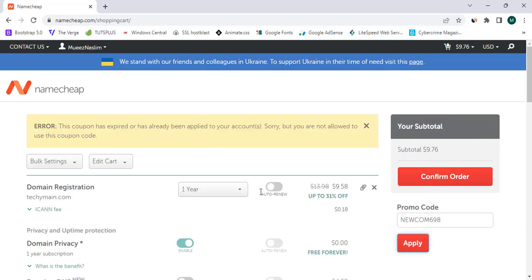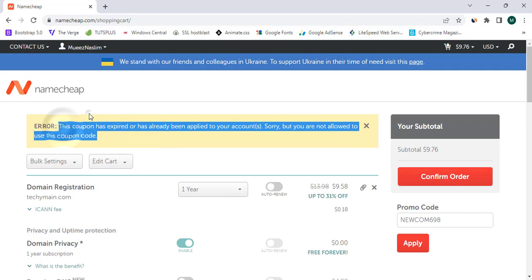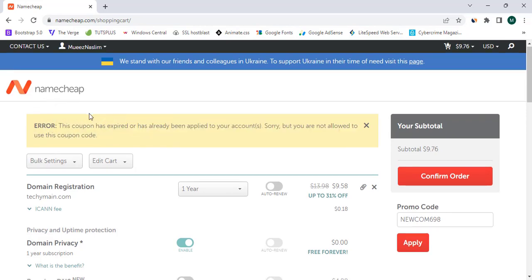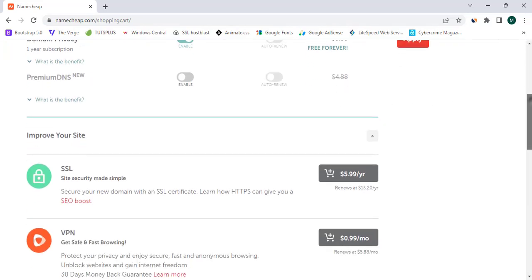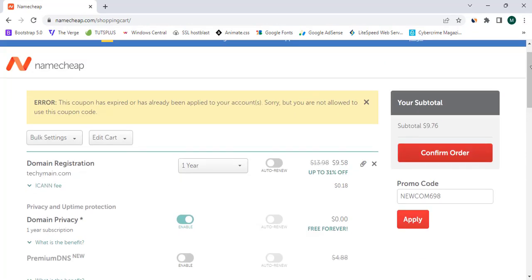You can see this coupon has already been used on your account or expired. As I have used this coupon code already, it is saying that you can't use it again. So you have successfully learned the exact method to buy a domain name